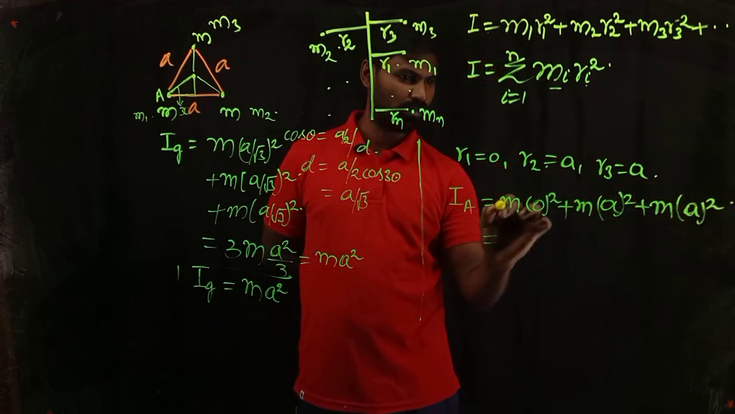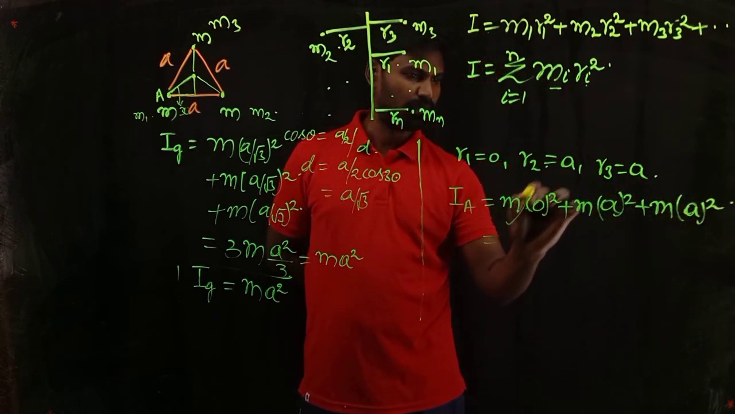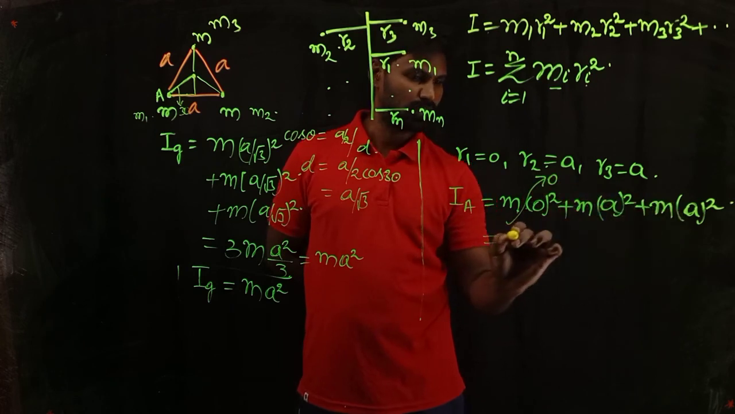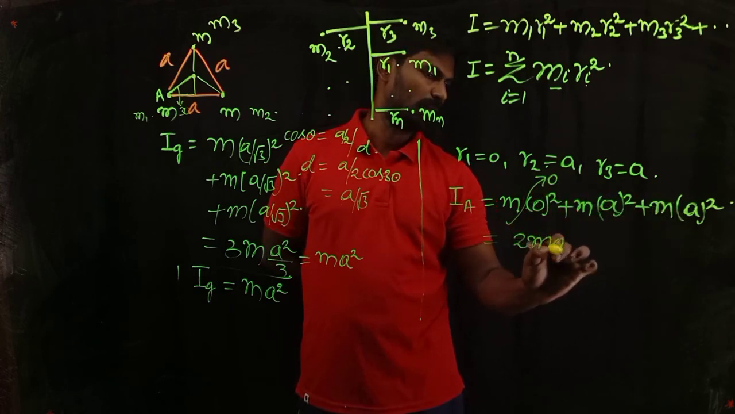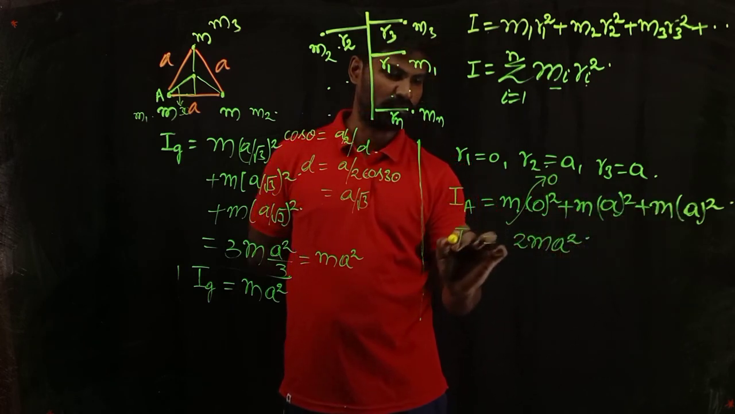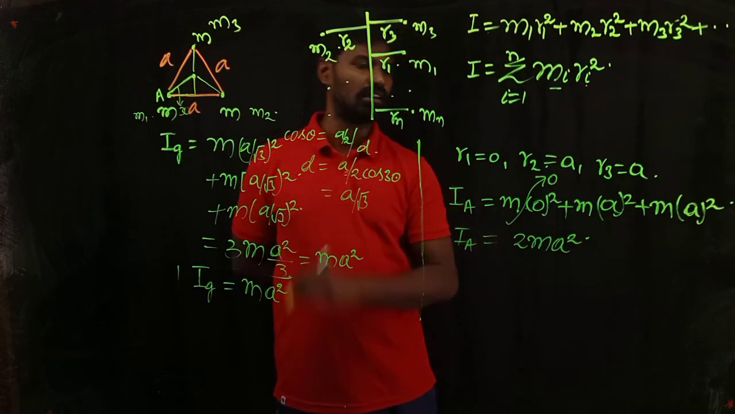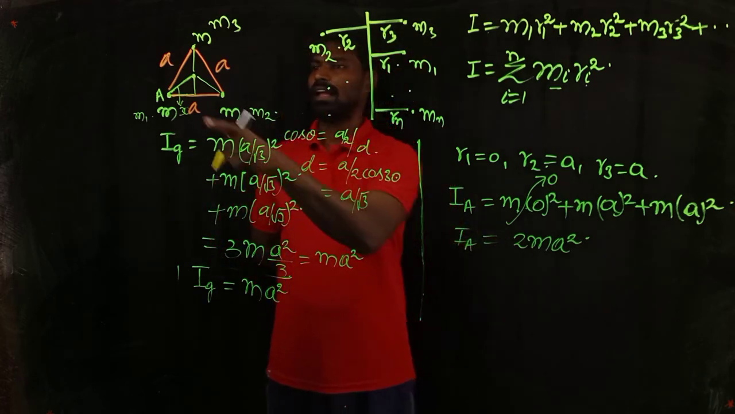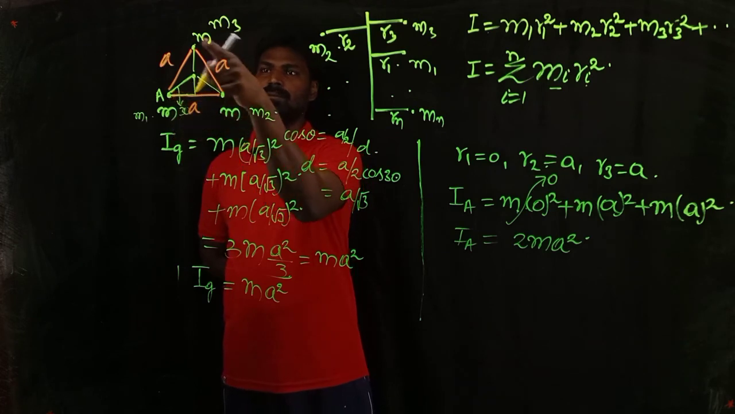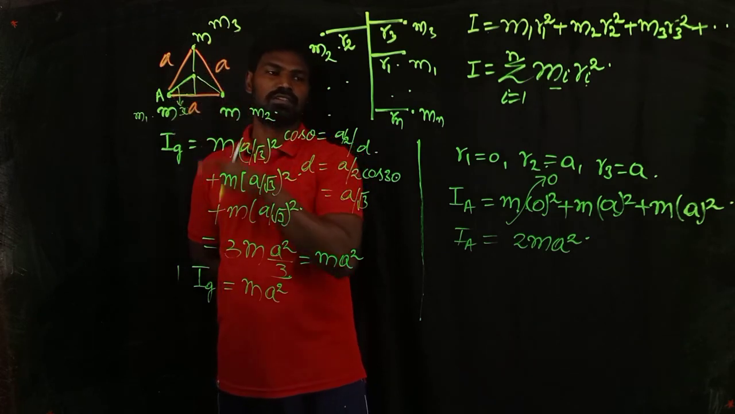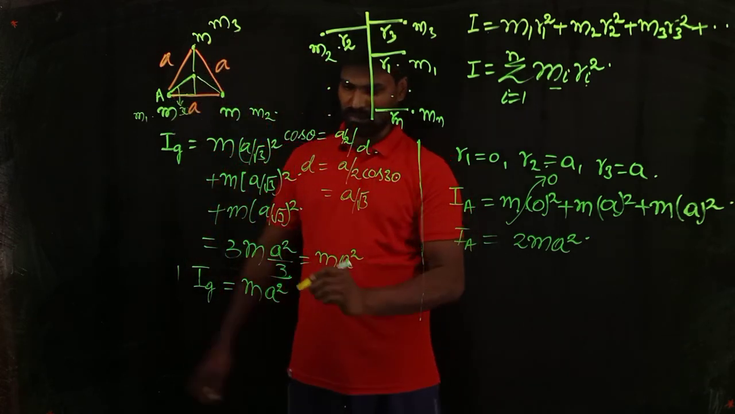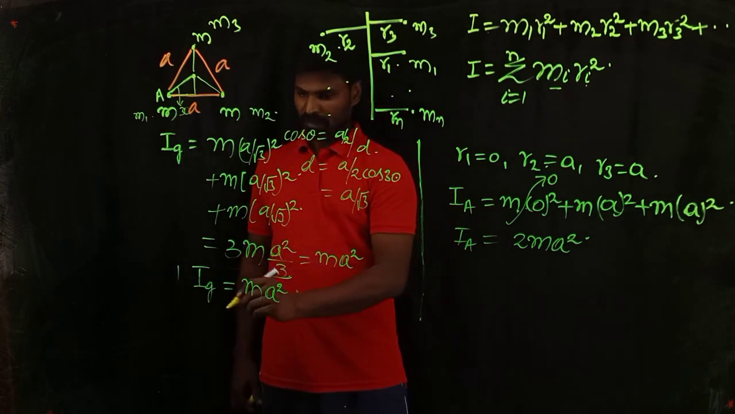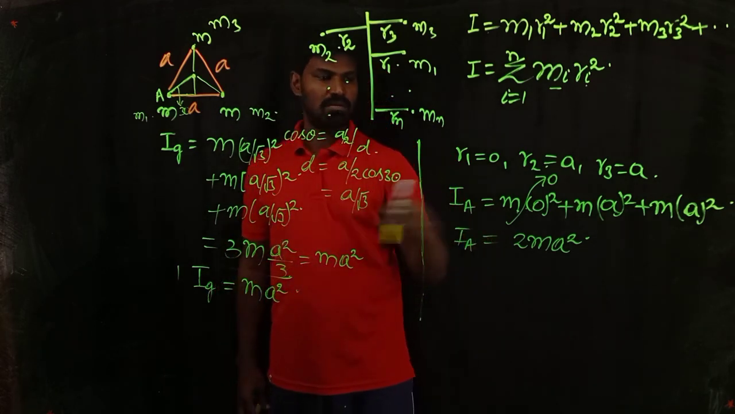That is equal to, how are you going to write it? This term is 0 and this is 2 times m into a square. This is the expression for the moment of inertia of this discrete mass system with respect to axis A, which is perpendicular to this plane and passing through one of its corners. So if you observe this, for the same configuration, depending on the axis of rotation, the moment of inertia